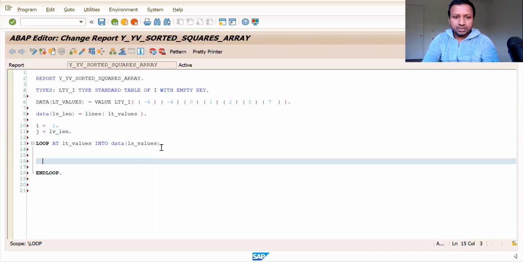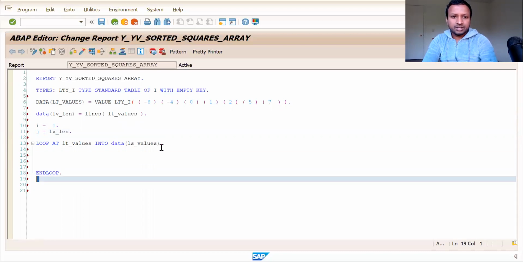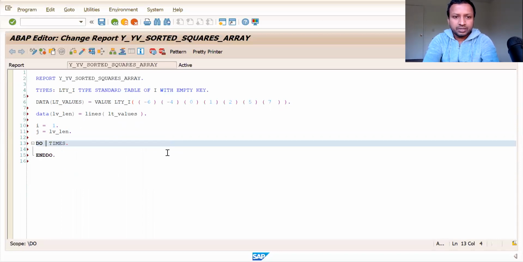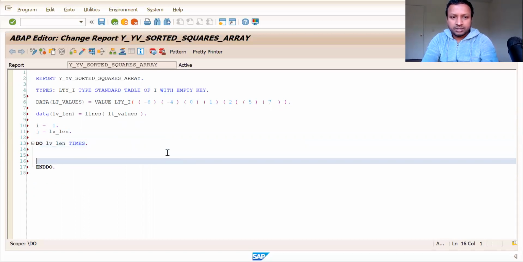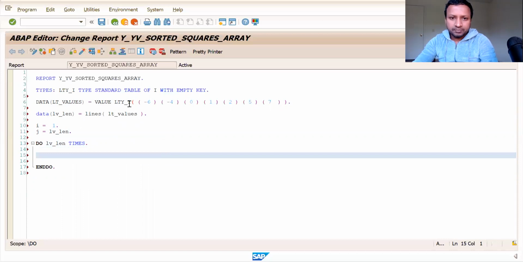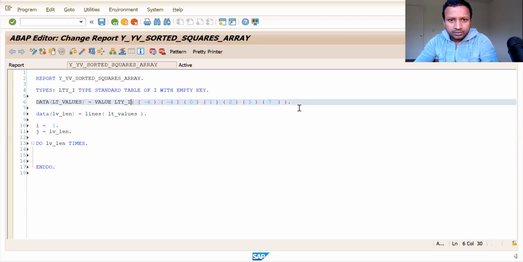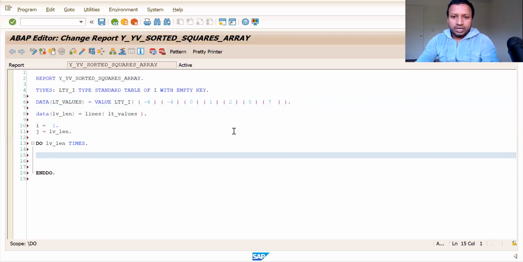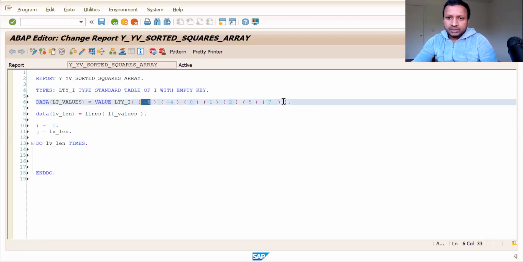What we can do is, we don't need a loop, I think. As we have the number of lines, we can just do a DO statement. We can just do as many iterations as there are integers in the internal table. Yeah, I think it's good. What you need to do now is compare this index with this one.